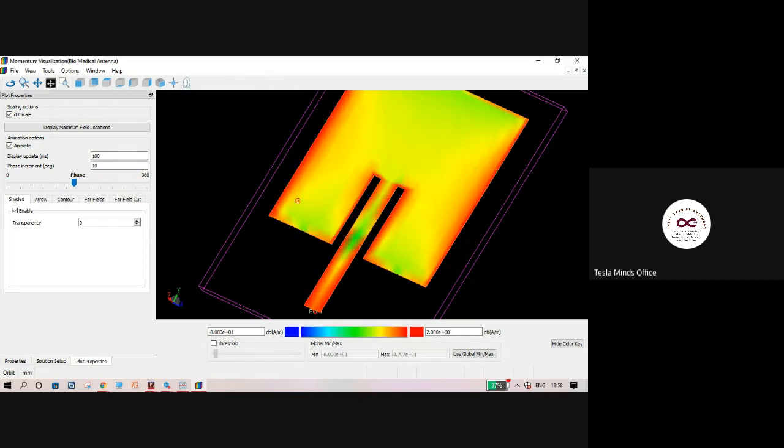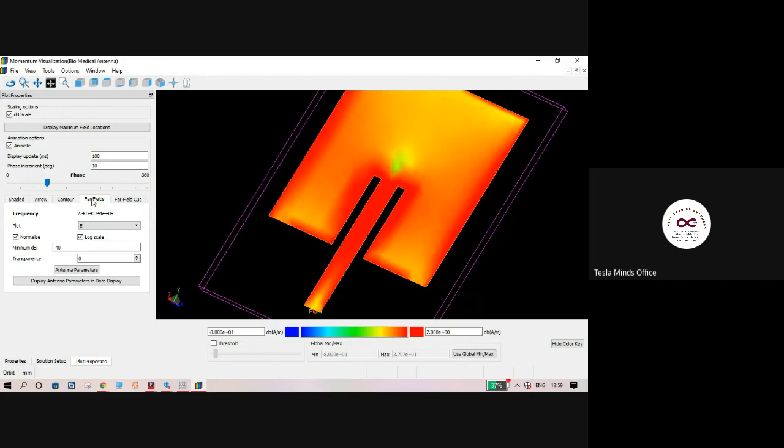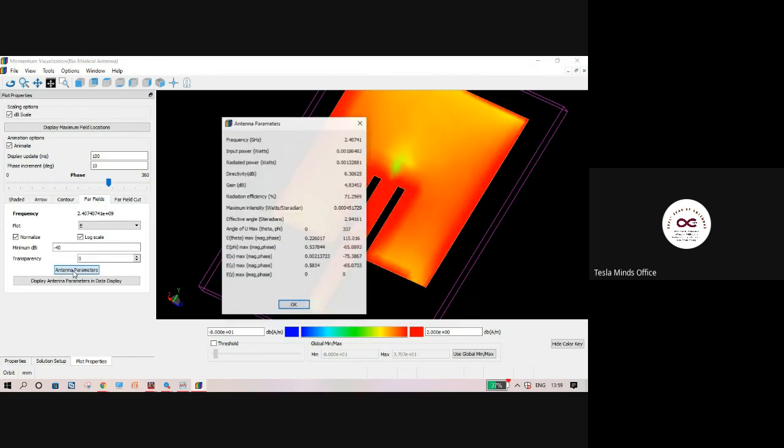So this is one more interesting visualization which you can see here in this ADS software. Now if you want to understand the gain, the power radiated and all, for that I go to this option called far fields and click on antenna parameters.